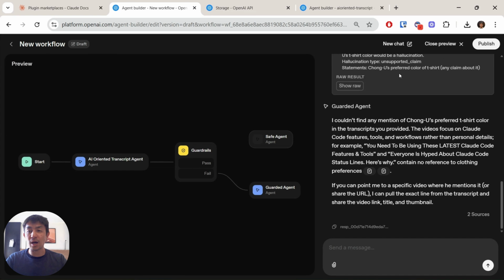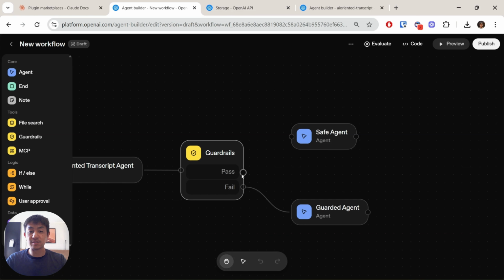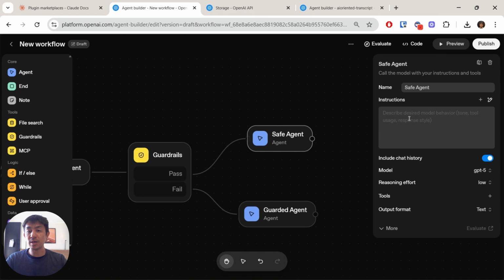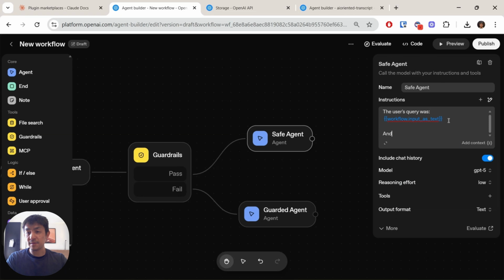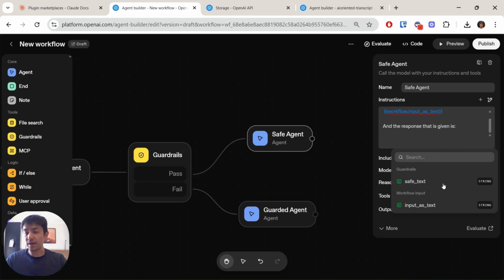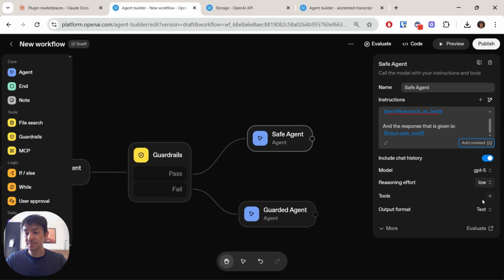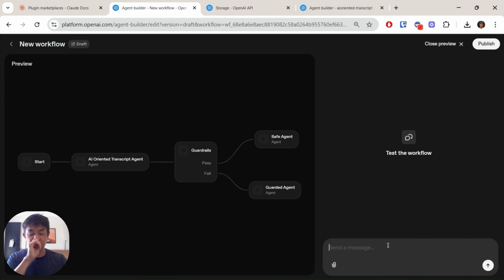Okay, so now that you know how to catch when these things happen to protect your agent, let's show you how to deal with the correct response. When you have a pass over here, you can say the user's query was, and then put the input, and the response that is given is, and then provide the safe text over here. Because you can put in the chat history, you probably do not need to explicitly lay out the user's query, but in this case we're just going to do it so that we can ensure it knows what's going on. And now we can try something like,